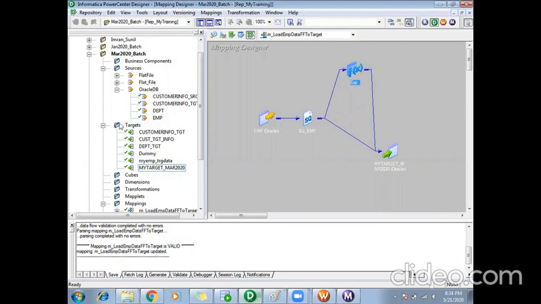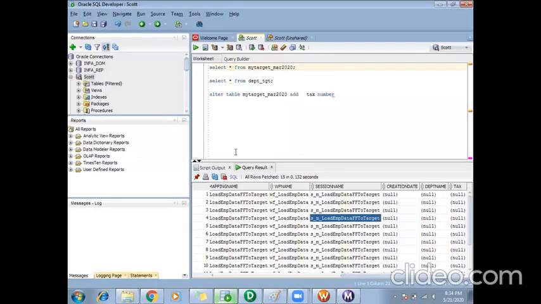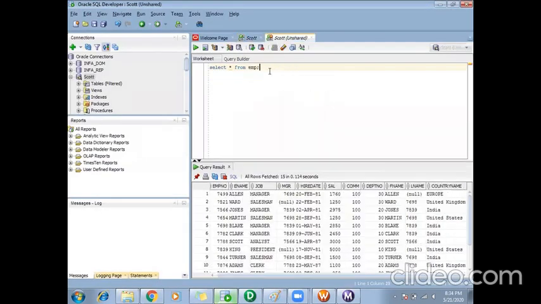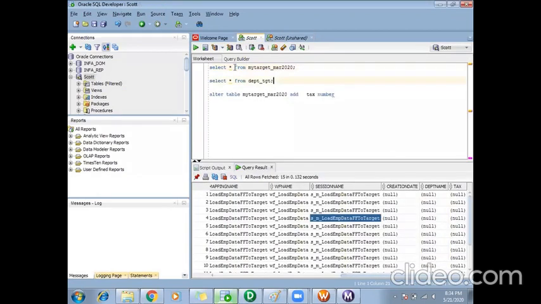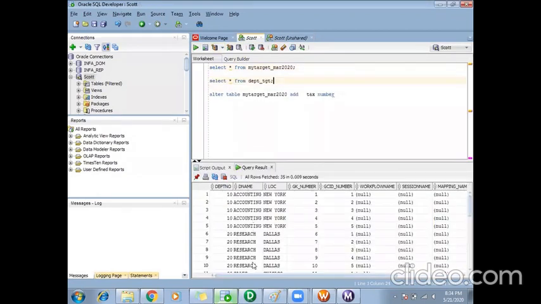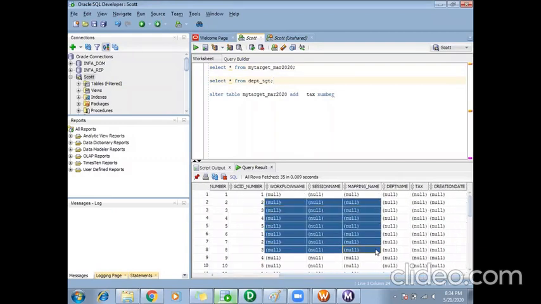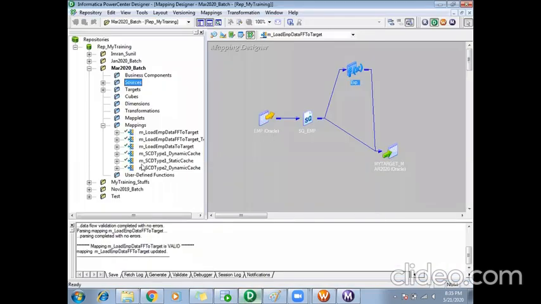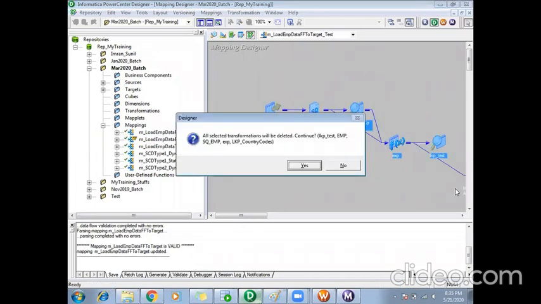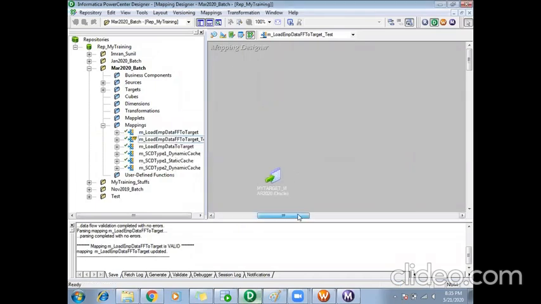Okay. Similarly, assume there is one more requirement to load the department table also, to get the data from the department table and load it to the department target table. So even when loading the data to the department target table, they also want the workflow name, session name, and mapping name. Okay. So what I'll do, I'll go and use another mapping. Let's take another mapping here. So let me delete the existing ones.